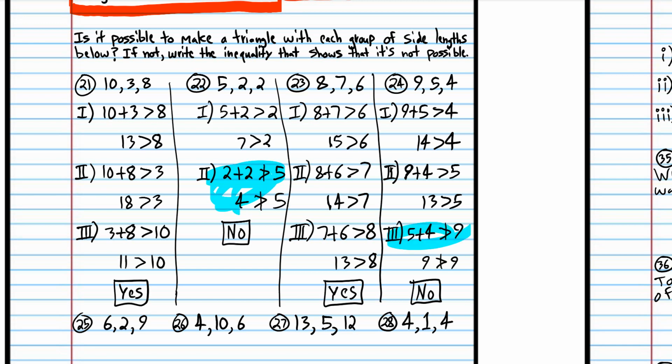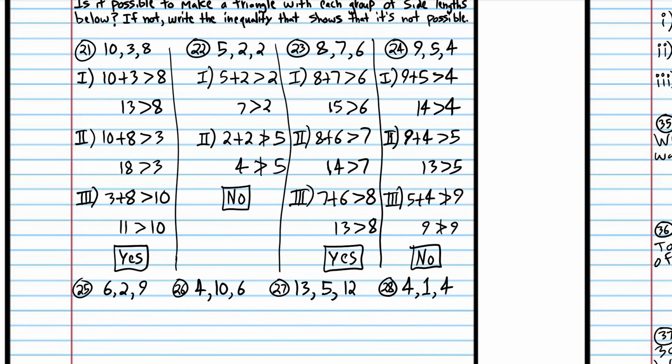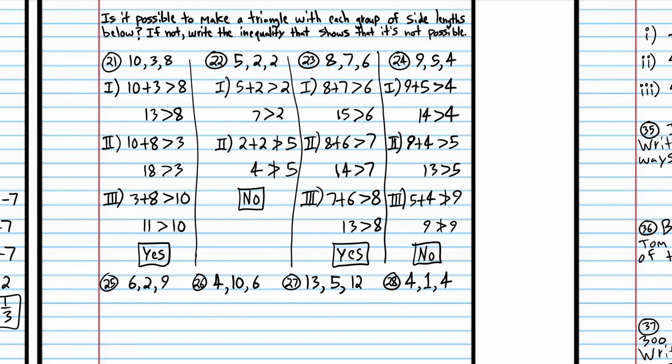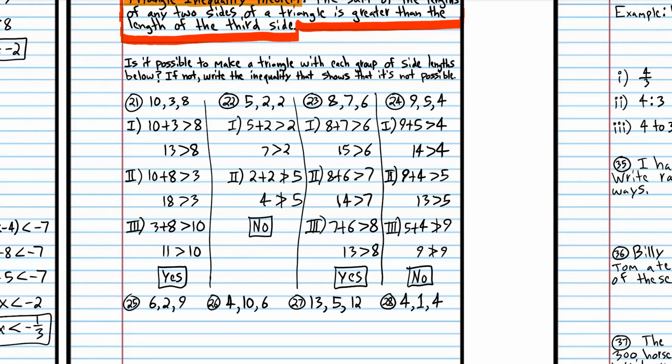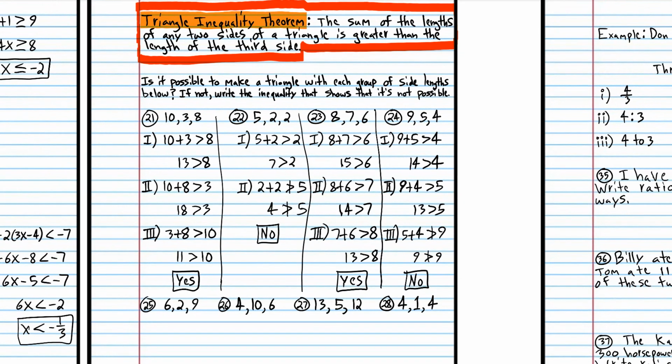In this example, we found one in the third inequality. When you find the contradiction, you can stop right there. You don't have to write every inequality. You don't have to write all 3 of them. As soon as you find an inequality that's not correct, you just say, no, you cannot make a triangle from